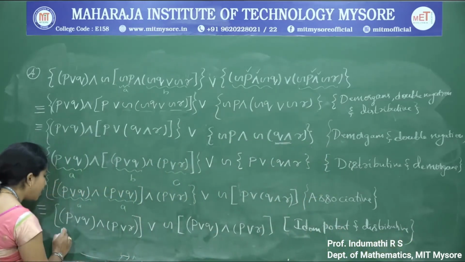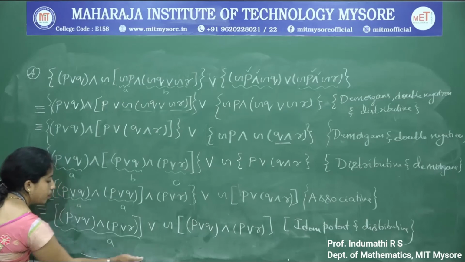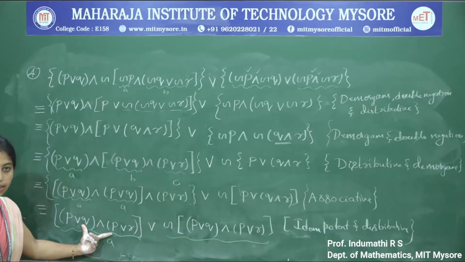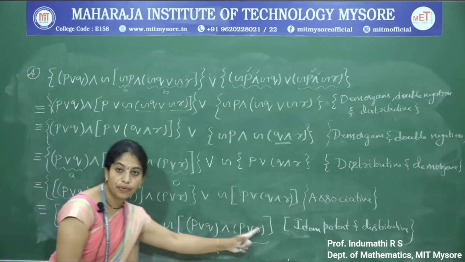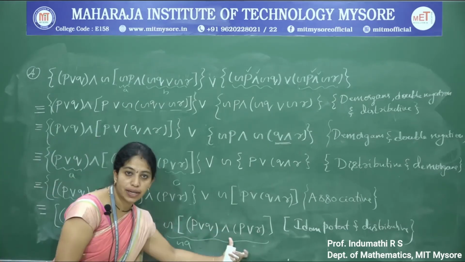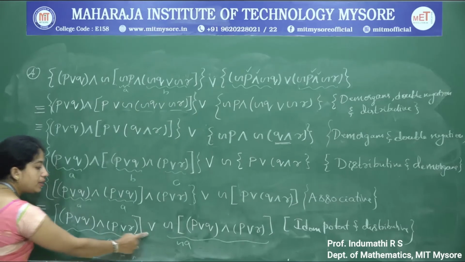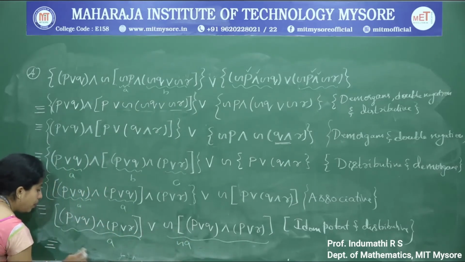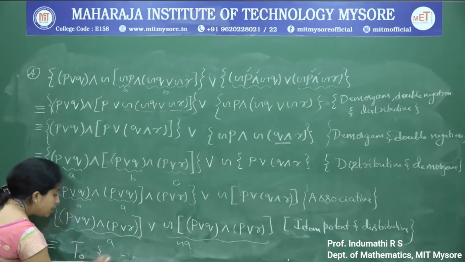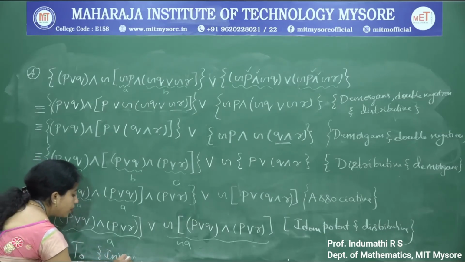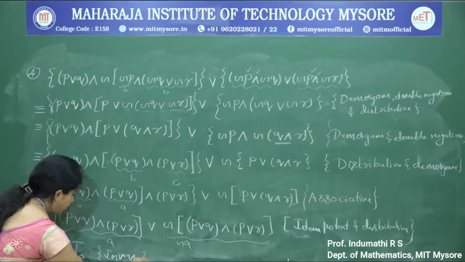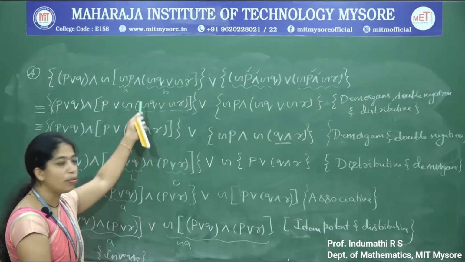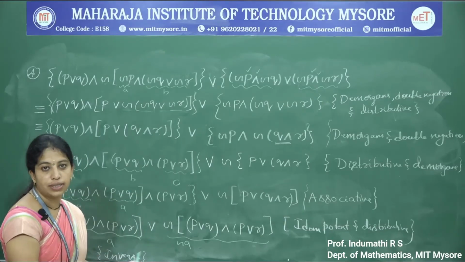Now imagine this entire function is A. Now what will be the second function? We have imagined this entire function as A. The second function will be negation A. Now A disjunction of negation A is logically equivalent to T naught. This is by using law of inverse. See the last step is T naught. Therefore the given compound proposition is a tautology.